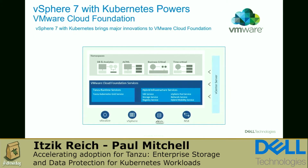Now, let's see how it's actually all tied into VMware, because up until now, we only talked about Kubernetes itself. VMware in 2020 came up with vSphere with Kubernetes, which can be part of the VMware Cloud Foundation, but it can also be consumed in other fashions. VMware basically invested a lot in adopting Kubernetes and attaching it to the very core of the vCenter interface by both the management element and also the ESXi kernel itself, providing you really a holistic approach to manage Kubernetes workloads